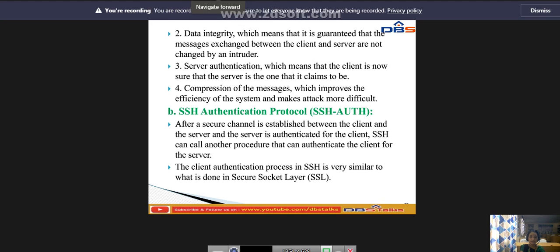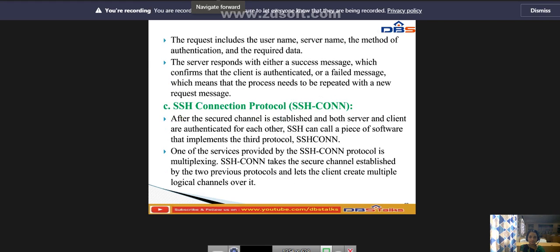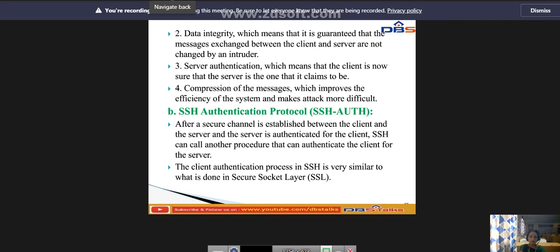This layer defines a number of authentication tools similar to the ones used in secure socket layer.